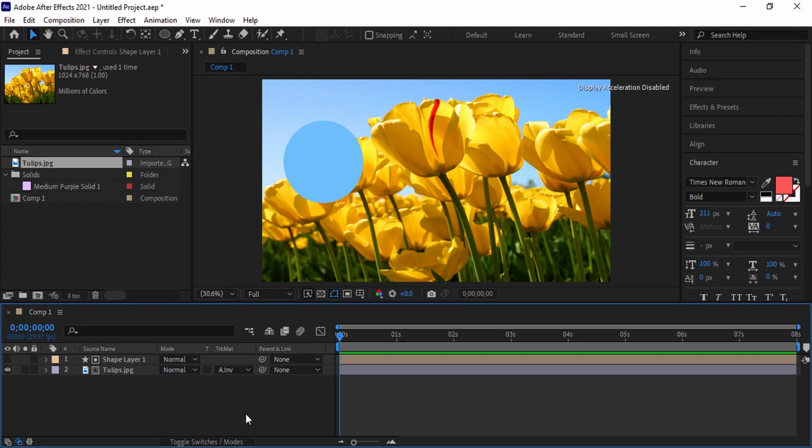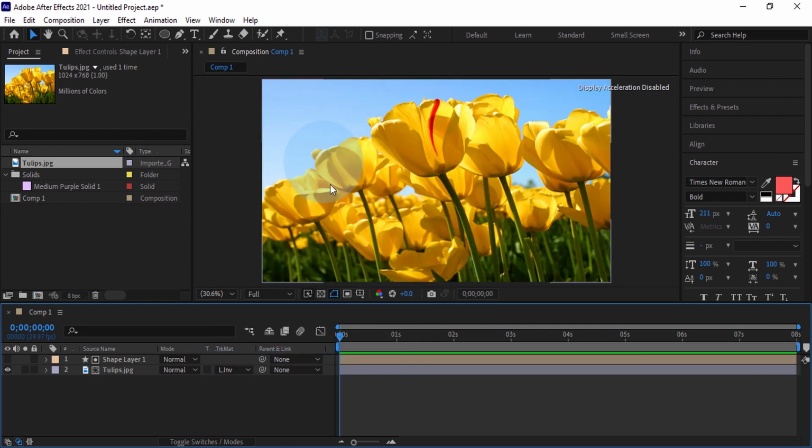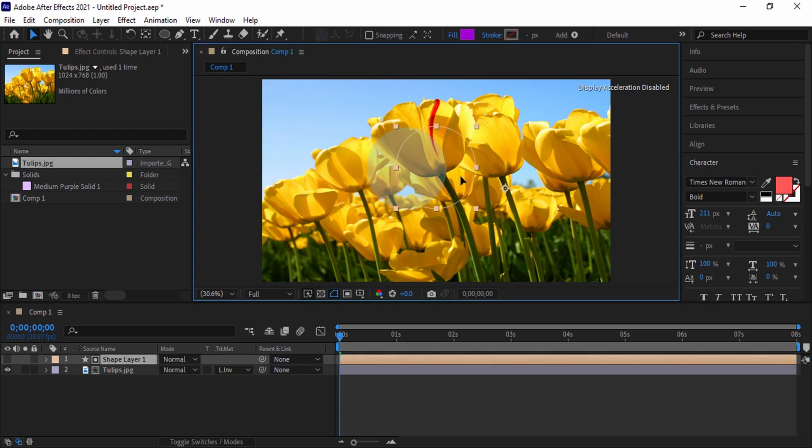By selecting this option, the mask is applied in reverse, in which case only parts of the selected layer image are displayed that are not below the contents of the top layer. Select the Luma Matte option again. This option works almost identically to the Alpha Matte option, except that the Luma option also changes the clarity and brightness of the image. Similarly, the Luma Inverted Matte option has a similar function to the Alpha Inverted Matte option. The difference is that in this case, the transparency of the final image changes slightly.